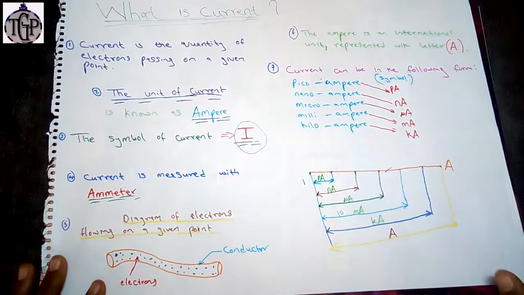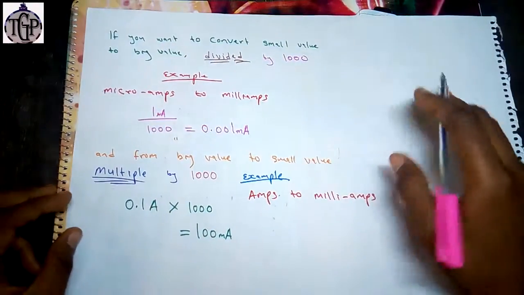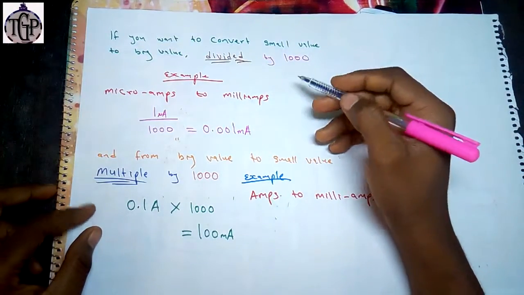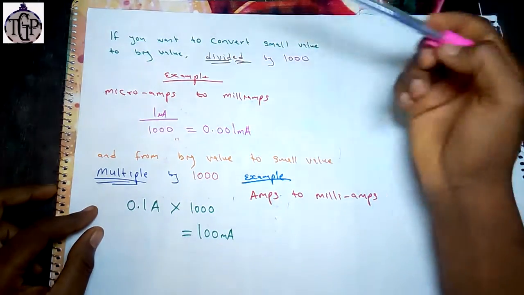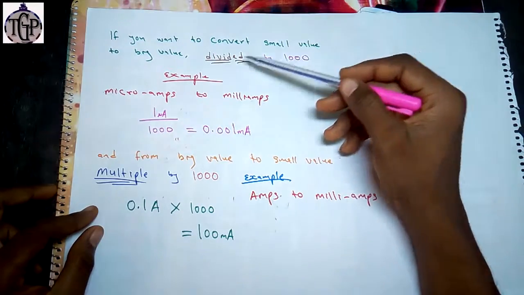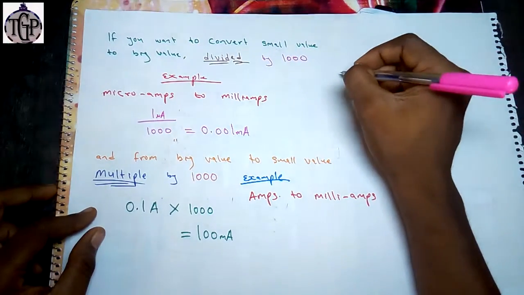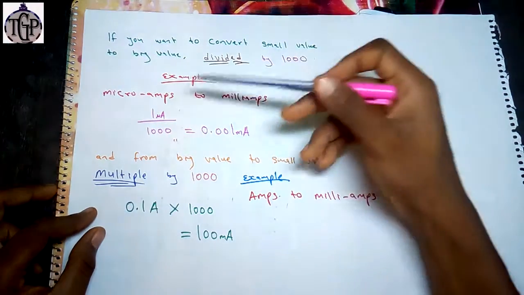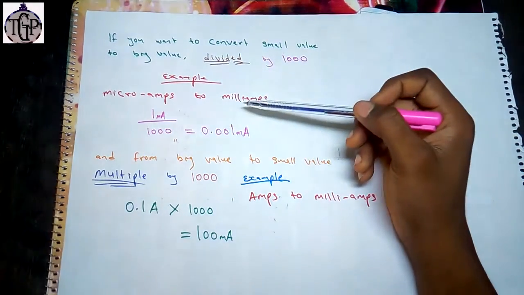So let's take this course further. Let's take a look at how to convert smaller units to bigger units. As you can see, if you want to convert from smaller value to bigger value, you divide by 1000. See the example here. If you want to convert microamps to milliamps